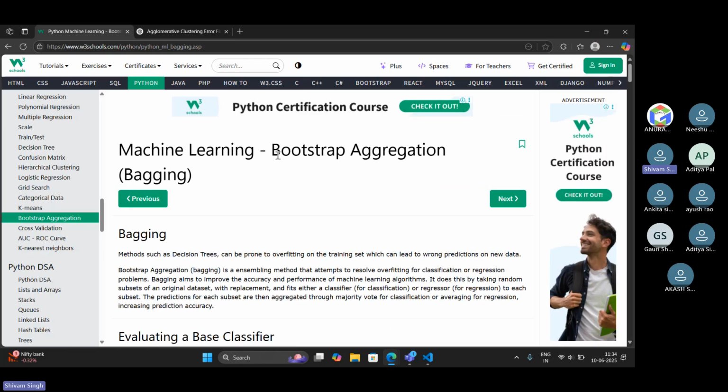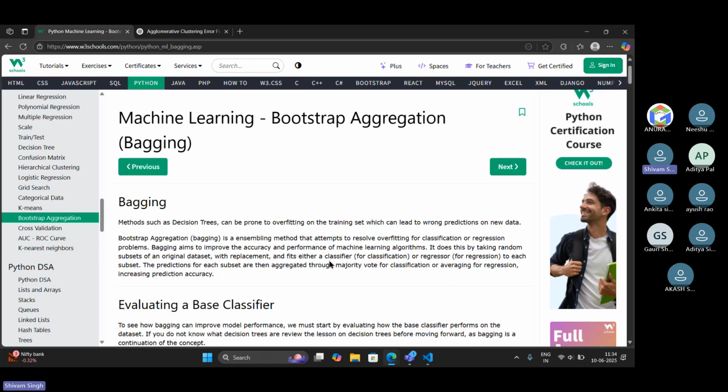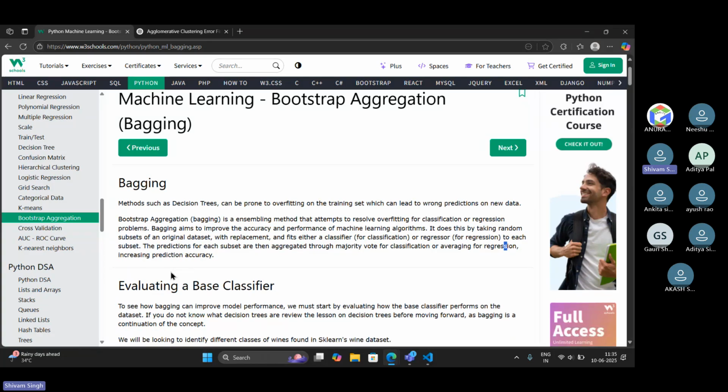Bagging means bootstrap aggregation. Methods such as decision trees can be prone to overfitting on a training set, which can lead to wrong predictions on new data. Bootstrap aggregation is an ensembling method that attempts to resolve overfitting for classification or regression problems. Bagging aims to improve the accuracy and performance of machine learning algorithms. It does this by taking random subsets of an original dataset with replacement and fitting either a classifier or regressor to each subset. The predictions for each subset are then aggregated through majority vote for classification or averaging for regression,